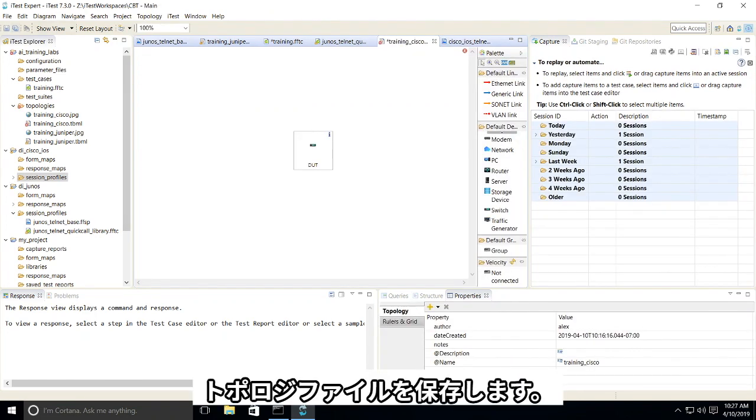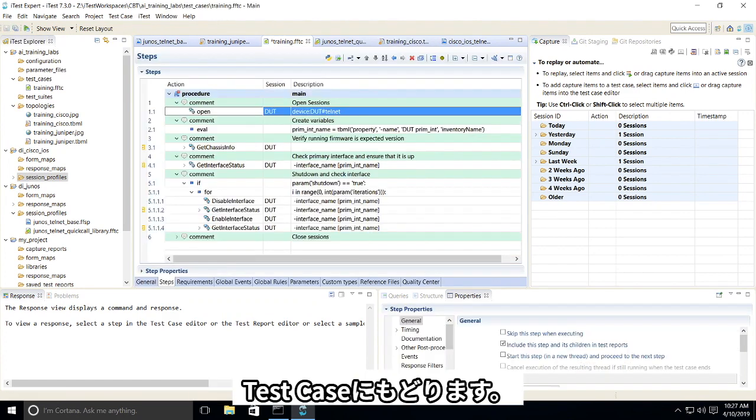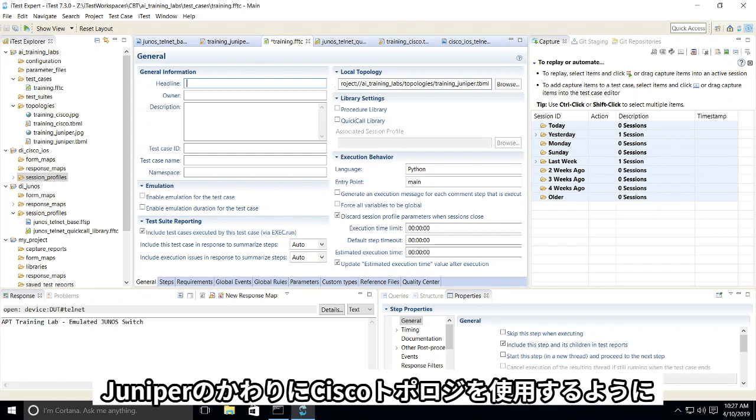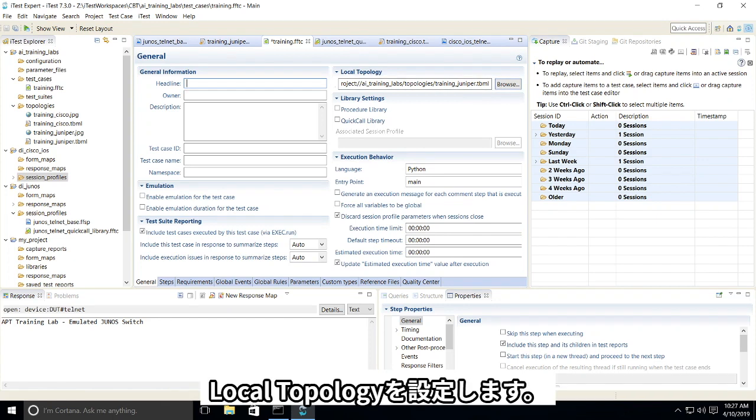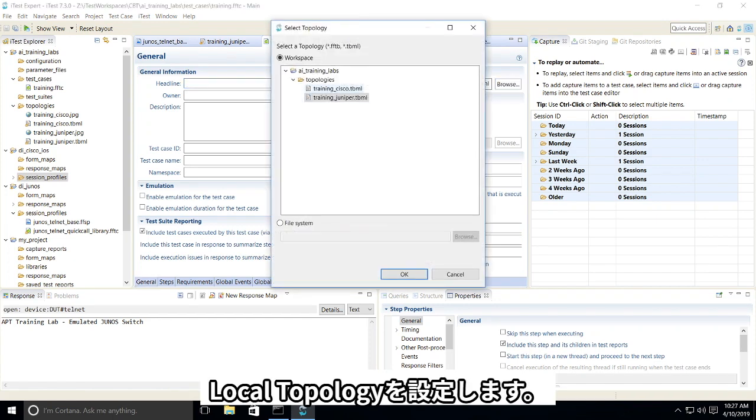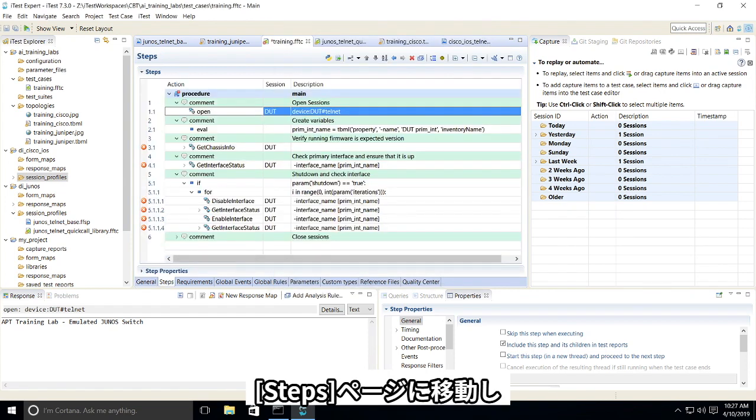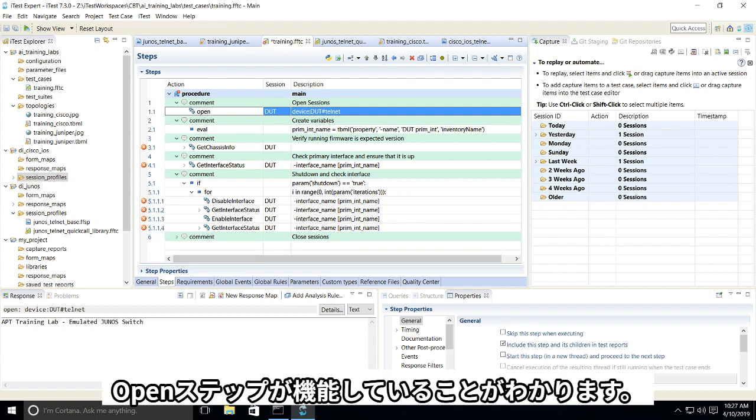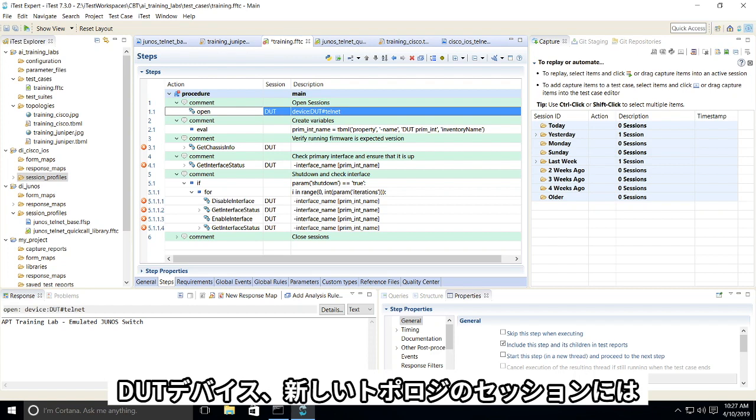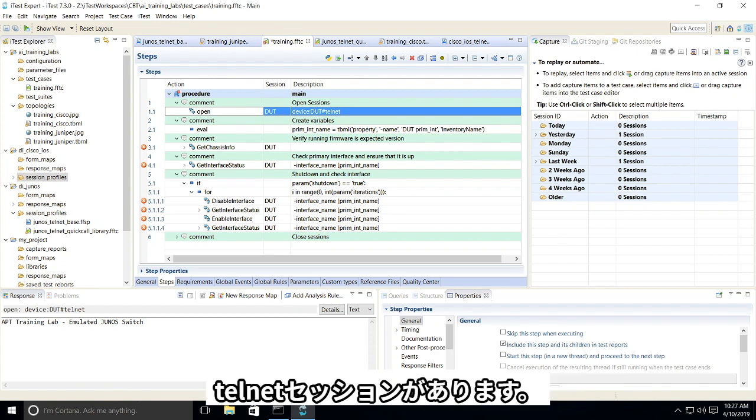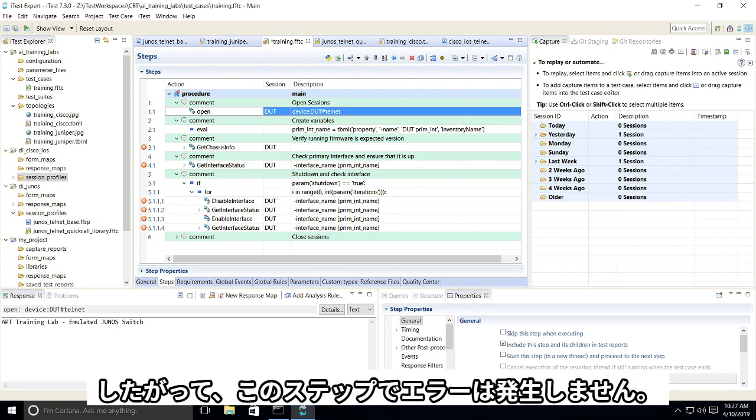I'm going to save the topology file, go to my test case, and set the local topology to use the Cisco topology instead of the Juniper. I'm going to go to my steps page, and we're going to see that the open step is still going to work, right? There's still a DUT device, there's still a telnet session in the new topology, so no errors